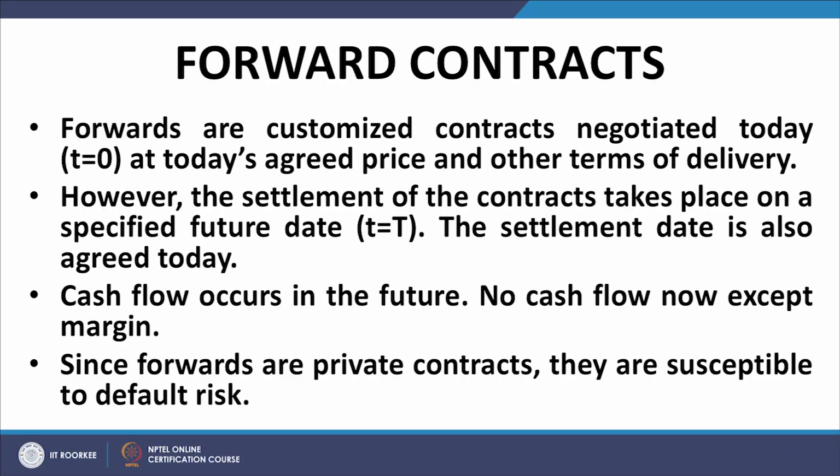The important thing here is that both the cash flow occurs at a future date. There is no cash flow at t equal to 0, except possibly for margin. For example, if you go to your banker in respect of the example that I just gave you, and the banker says, okay, please deposit an FDR covering 10% of the value of the contract as security, as safety, then that is a cash flow that is on margin account. Other than that, there is no cash flow at t equal to 0 in relation to the contract. The price of the underlying asset is going to be paid on the date of maturity of the contract, and the underlying would also be transferred to you on the same date.